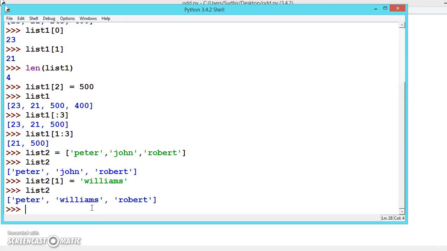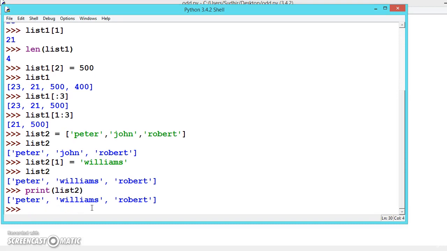We can also use the list in print, list 2. And one more thing I want to say: the index starts with 0, 1, 2.